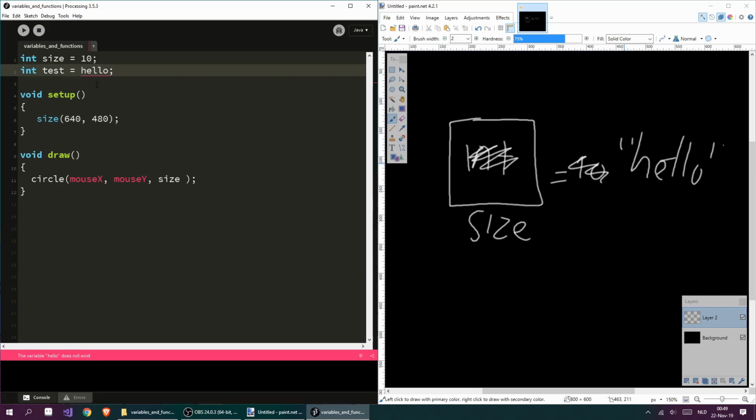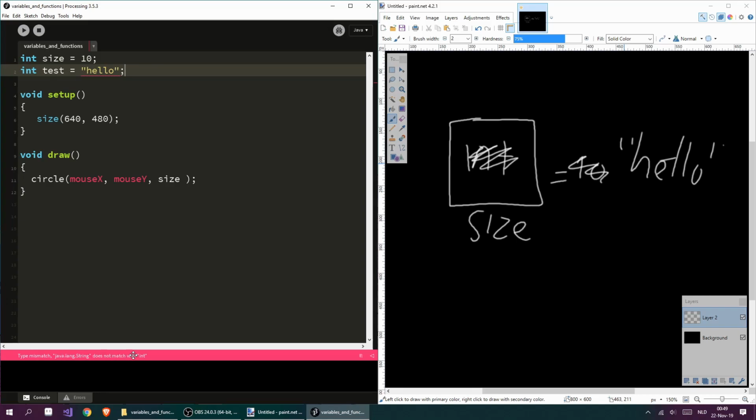And to show Processing that it's a piece of text, you have to put quotation marks around it. And now Processing knows it's a piece of text. But then there's a new error down here. All these errors, they just keep appearing. You better get used to it because this is gonna happen a lot, but don't worry, I'm gonna get you through all of this. So it says type mismatch